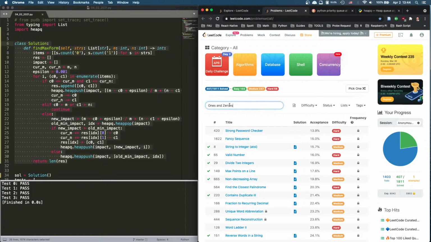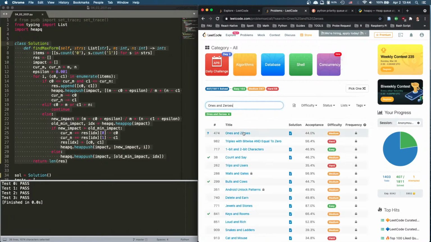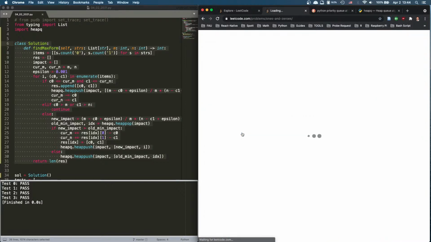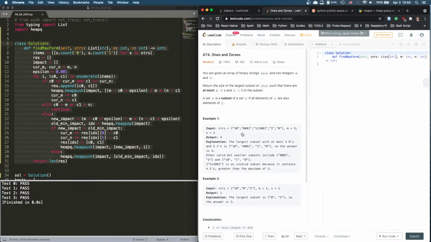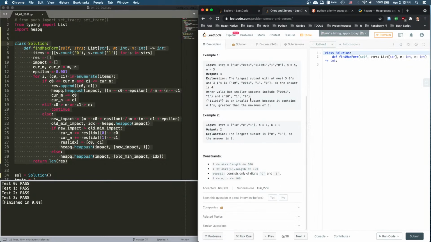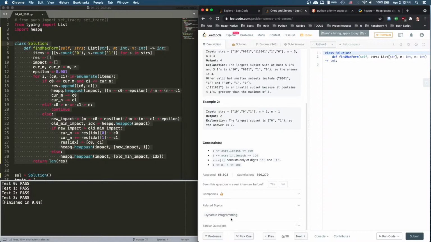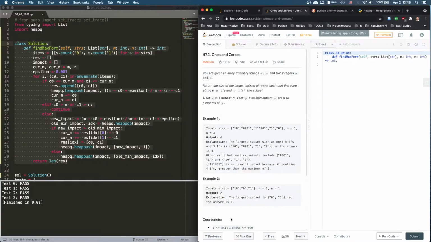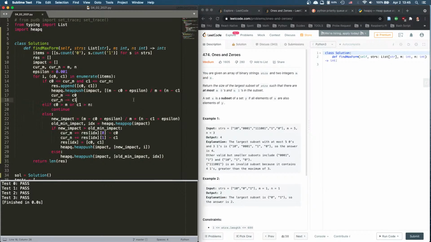Well, we can go take a look at the hints and see if we have any hints on this. Similar questions. Serial topic. Dynamic programming. It is dynamic programming. So I think this probably is right. You just go through, but